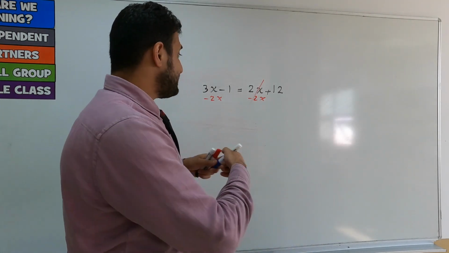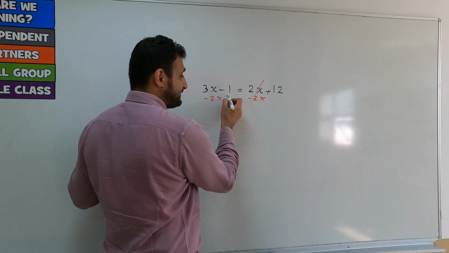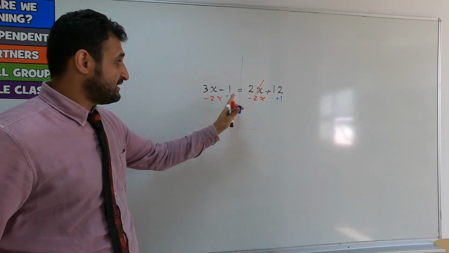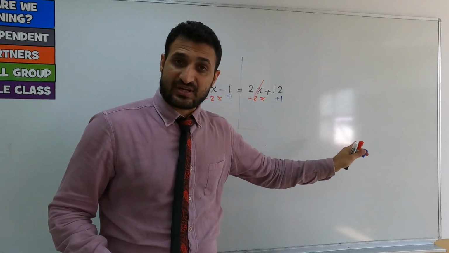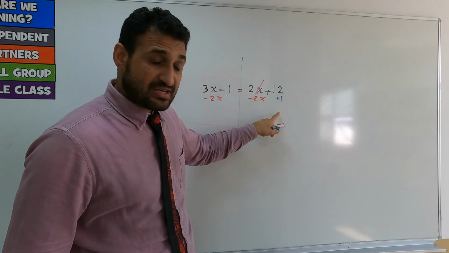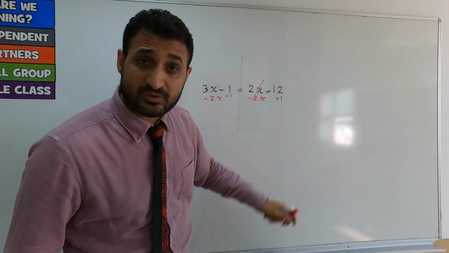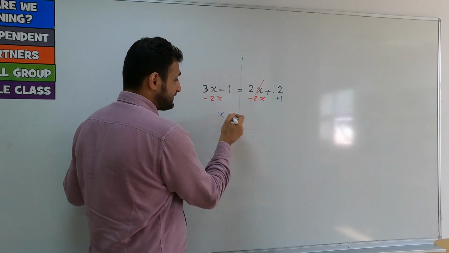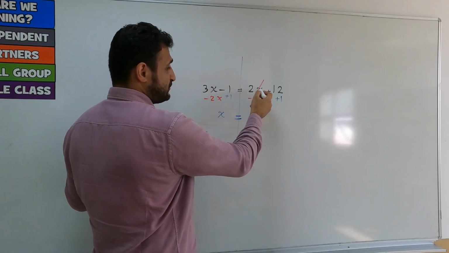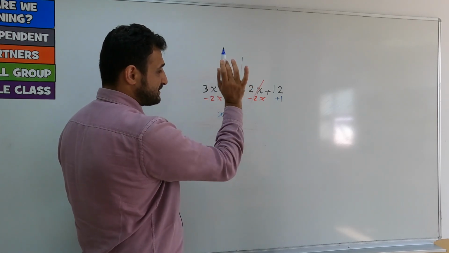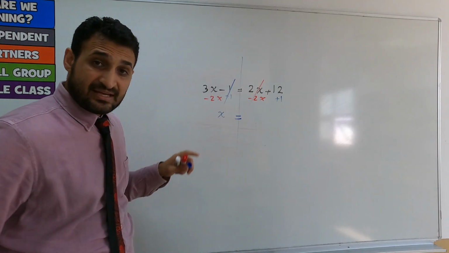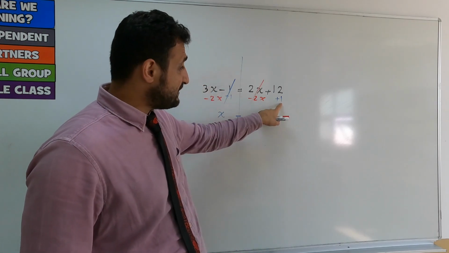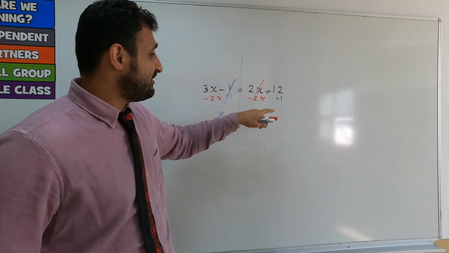So again, either you add 1 to both sides, because it's subtracted, so this is the equal sign. It splits your equation into two sides, right and left. So either you add 1 to both sides or move negative 1 to the other side, it will be positive. It's up to you. 3x minus 2x is x equals 2x minus 2x is 0, negative 1 plus 1 is 0, so I have eliminated it. That's why I added 1 to both sides. I wanted to eliminate this negative 1. It should be there. See, it's positive. 12 plus 1 is